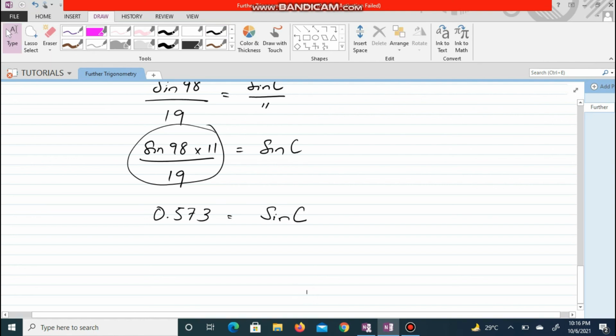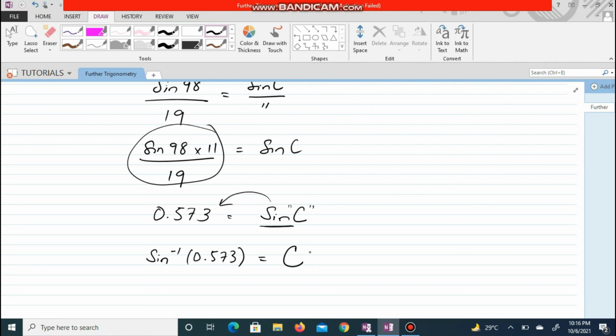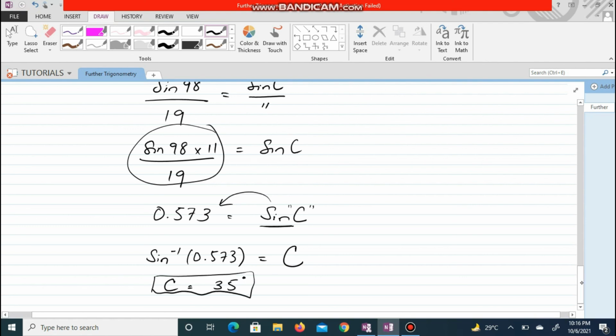Now remember, the only thing that we need to find out is the capital C, because that is our angle, and since sine is attached with it, I'll have to put it across the equals to. Whenever a trigonometric function goes across the equals to, it changes itself into an inverse of the function, so that would be sine inverse of 0.573. Now if you do that, you'll be able to find out angle C. So again, use the calculator, put the inverse sign and put sine inverse of 0.573. The answer comes out 34.9. We'll write it down as 35 degrees. So there you have your answer. C is equal to 35 degrees.